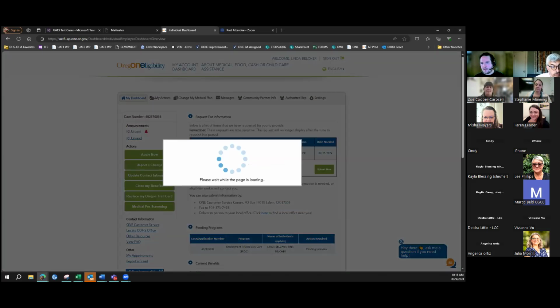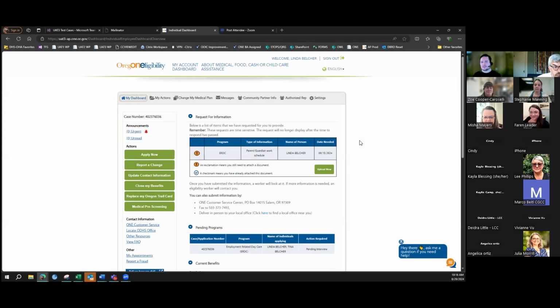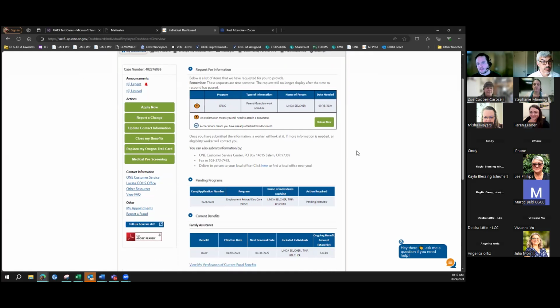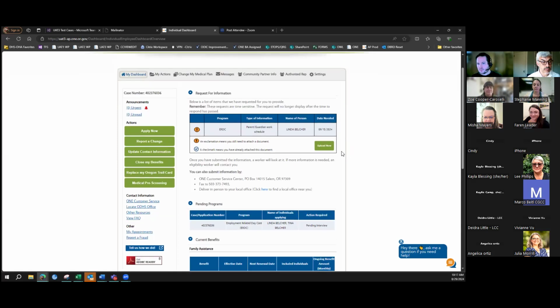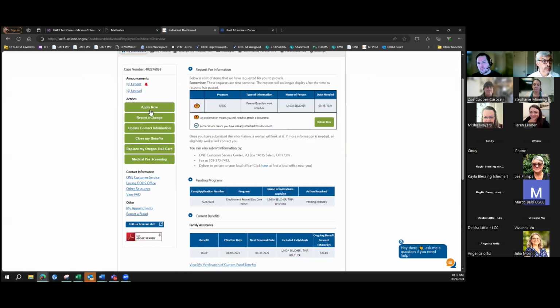Say no to paperless. So when the individual has benefits already set up and they've logged in and they've been fully matched to an individual existing in our system, they're going to land on their individual dashboard here. And we can see that this person has ERDC benefits that are pending. It's asking for additional documents. We have functions here that they can upload their documents directly into this website. They can apply for additional benefits, report changes, update contact information, as well as all these other functions here.